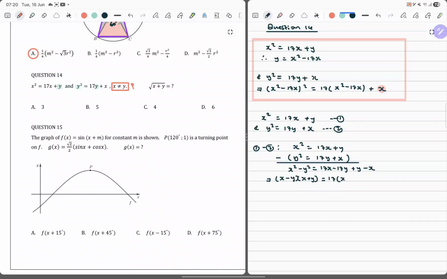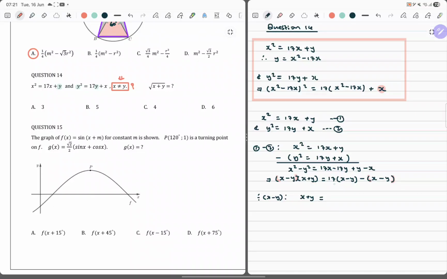I get 17 into x minus y. Can you see there's an x minus y there? Even here, I can decide to take out a negative instead. It's going to be x minus y inside. Now, this already highlights what this was all about, to suggest that this bracket is not equal to 0. And if that's the case, it means we can divide throughout by it. So if we divide by x minus y, what do we get? We get x plus y is equal to,